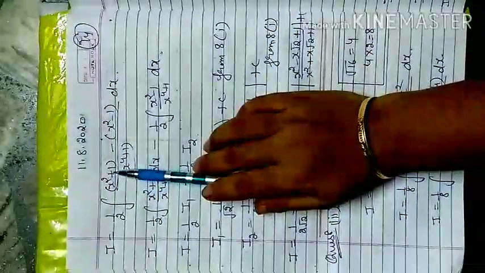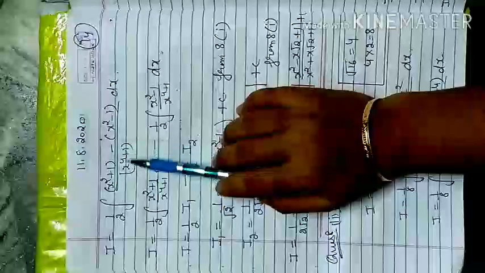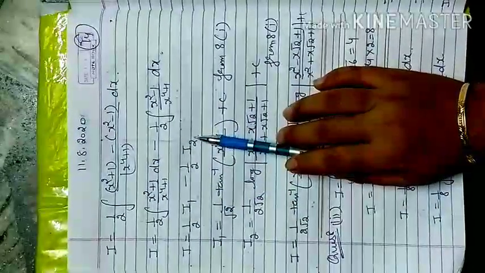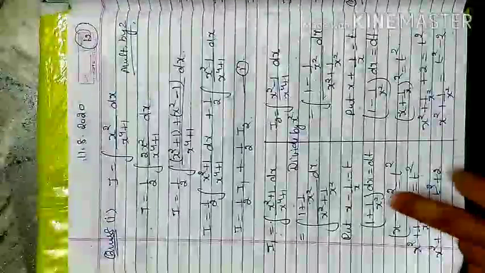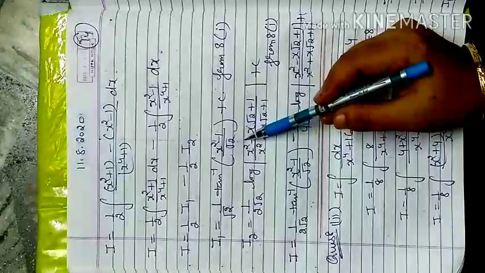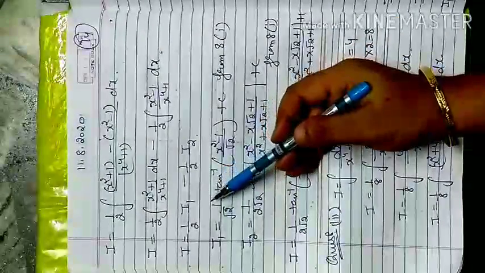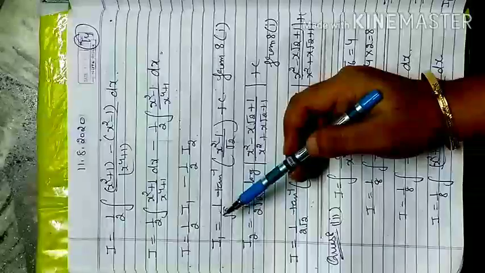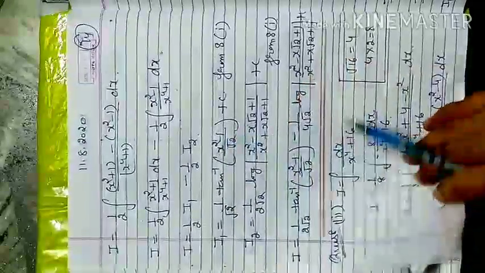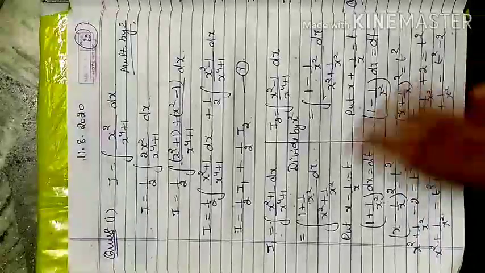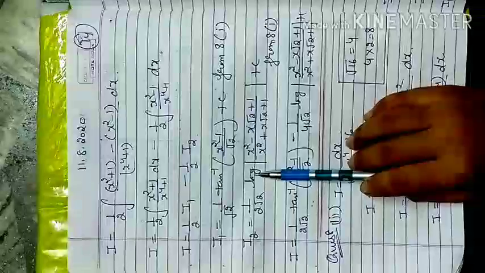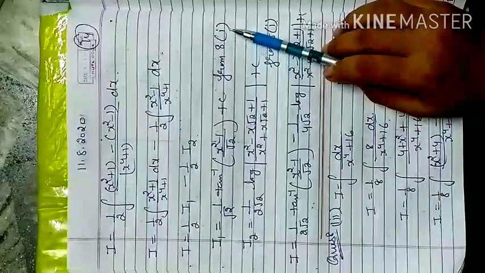Then here, x square plus 1 minus, take it outside, (x square minus 1) by (x4 plus 1). When you separate the terms I1 and I2, this I1 and I2 I already solved here, so I do not repeat it here to solve it again, so I can directly pick the result here. But whenever you are going to solve the question, you have to separately solve I1 and I2, because I solved only I1 and I2. This is the repetition of the same thing, so I directly pick the result of I1 and I2 from 8th question, first part.